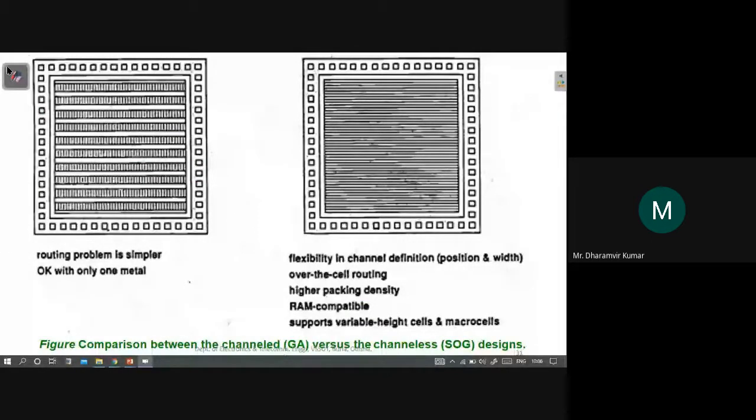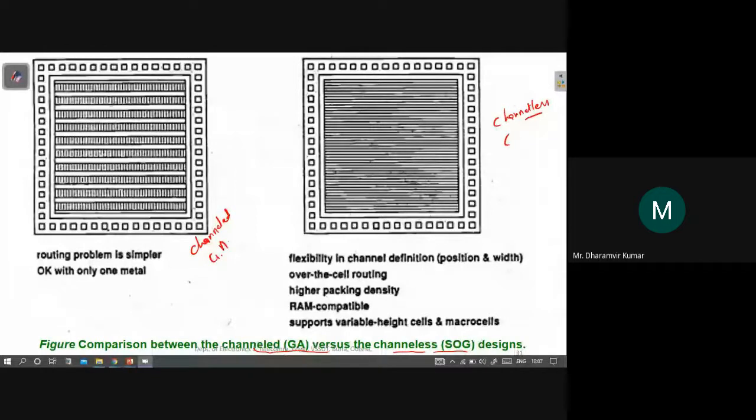That shows the difference between the channeled gate array and the channel-less gate array design. So this is the channel-less, and this is the channeled gate array.